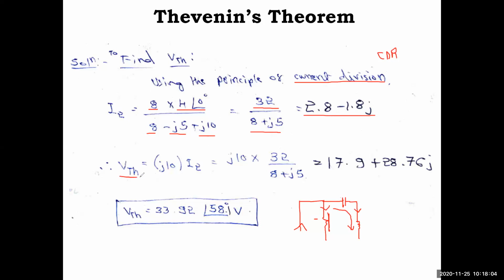So you have to find VTH now, which is the current across J10 ohm, as I told in the beginning. So J10 into, you can substitute this like this, or you can substitute this; the answer is already there, you just multiply by J10. So what are you going to get? Use the bracket, 2.8 minus 1.8i into J10. That means 10i you have to enter. What you will get is 18, 17.9 or 18,